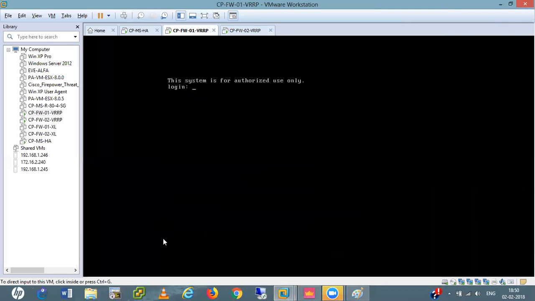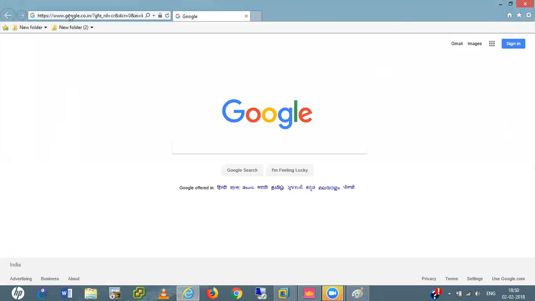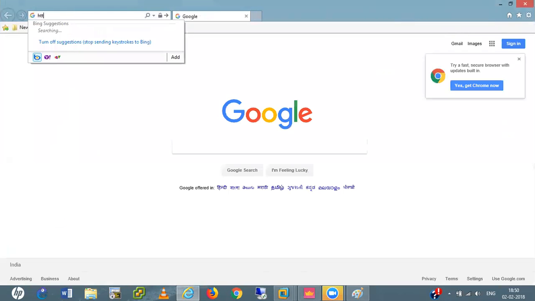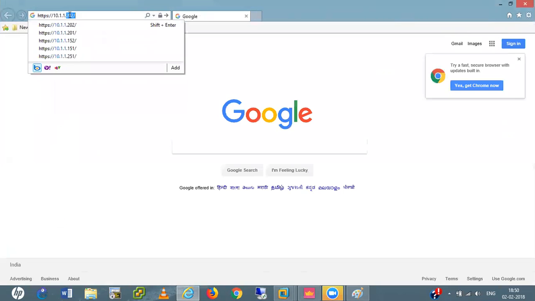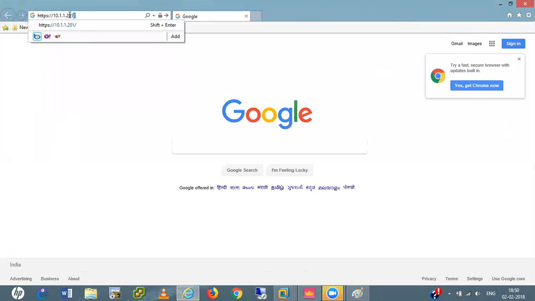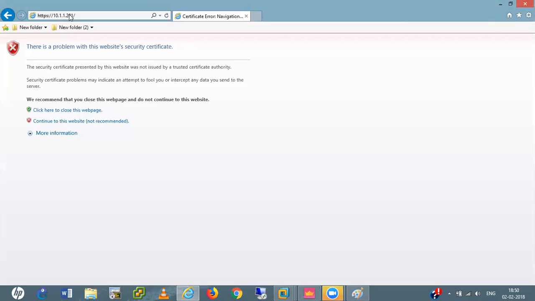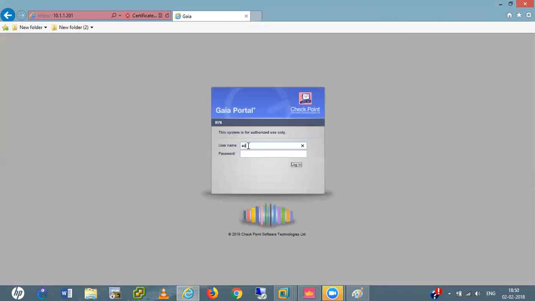Okay, reboot is completed. So I am taking the GUI access of this firewall first. HTTPS 10.1.1.201. Admin, 123.